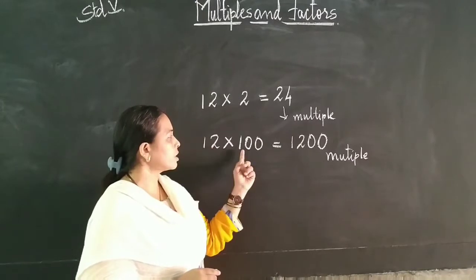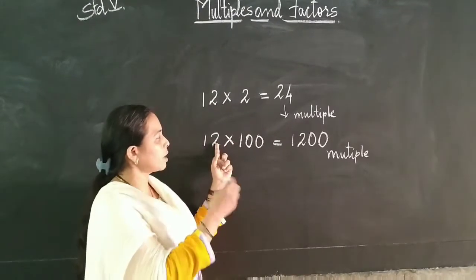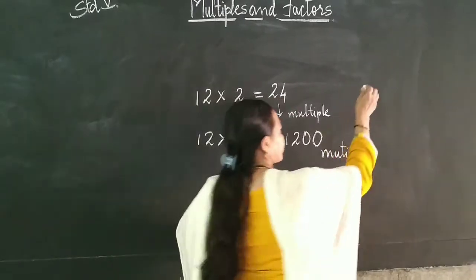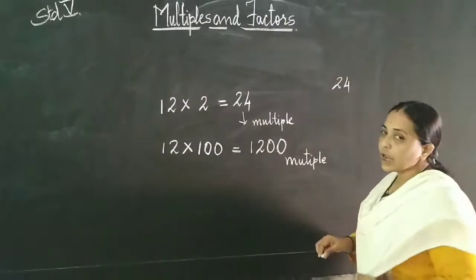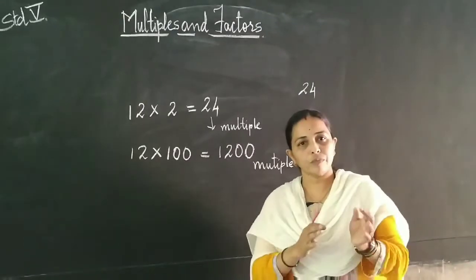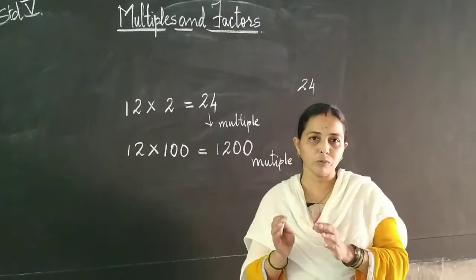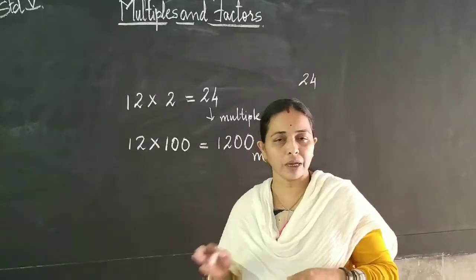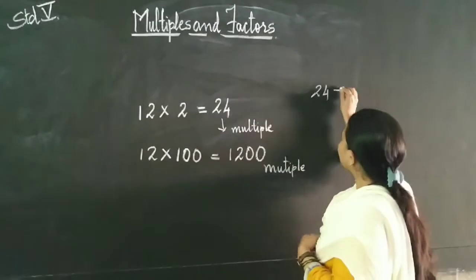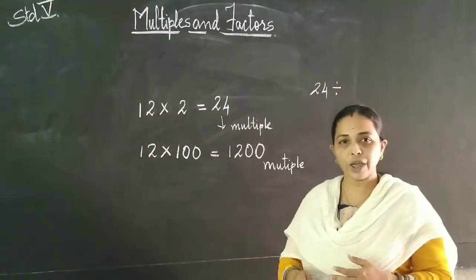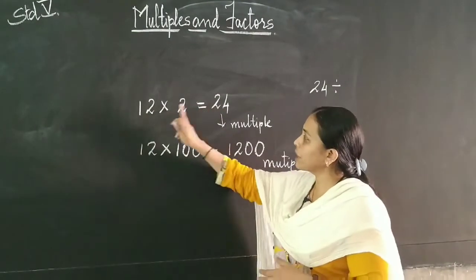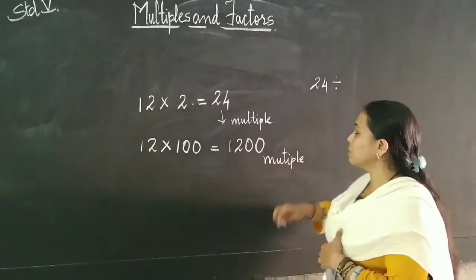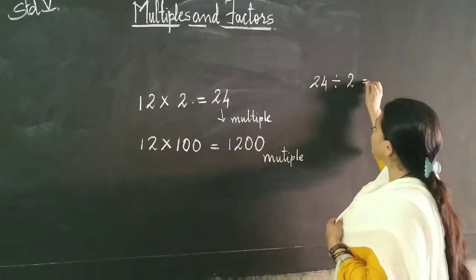Okay, that is, and now 12 can be. So these numbers, suppose 24 if I take again, I have to group this 24 into same groups, without leaving something behind. So I have to divide this 24. So we have to think 24 can be now divided by 12 also and can be divided by 2 also. Let's divide this 24 by 2.